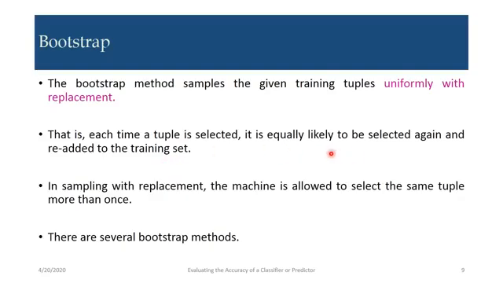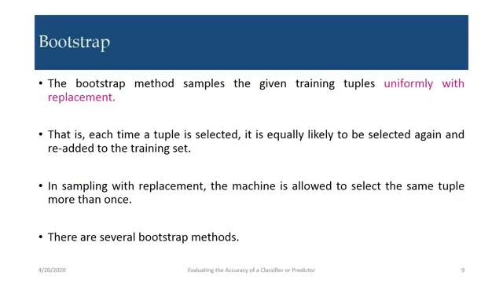In sampling with replacement, we take a copy of the tuple and do not delete it from the main set, so the same tuple can be selected more than once.